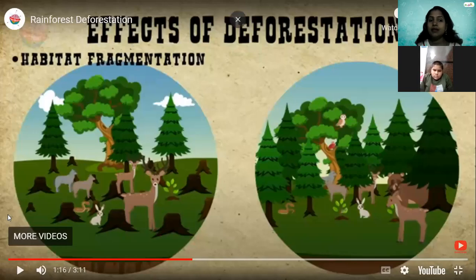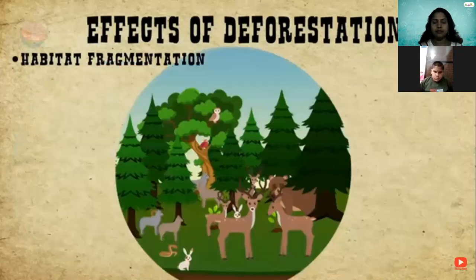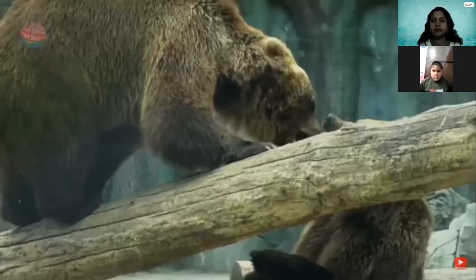So if this area is cut down, these animals should be shifted to other places, and in those places there are already some animals occupying. So what happened? There should be conflict. There should be what? Fighting. So because of this also some animals will die. Animals are caused to move into other habitats that are already occupied. As you can imagine, this causes conflict and fighting, along with homelessness and lack of food.